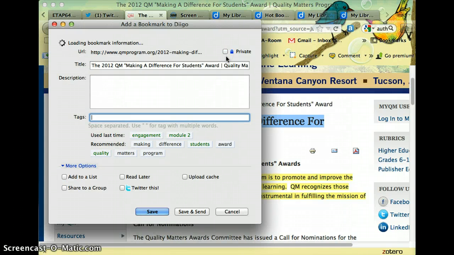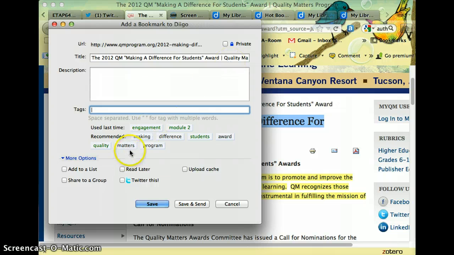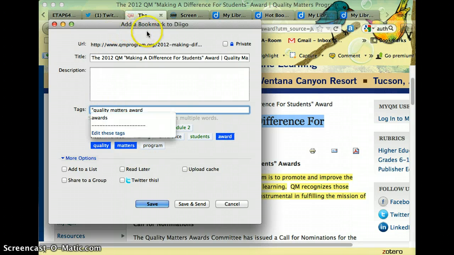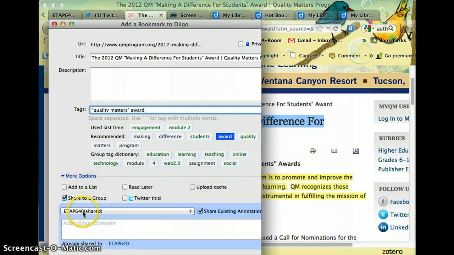Again, to bookmark, you simply go to the web page and then tag it. You need to tag it, and I'm actually going to put quotes around "quality matters" because I want that to come up as the tag, and there's a space between the words, so I need to put quotes around it so that it recognizes it as one word. And then the important second step is to share it with the group. Now apparently this has already been shared, so I don't actually need to share it again, but if I want to, I can. And then it will also save it to my personal